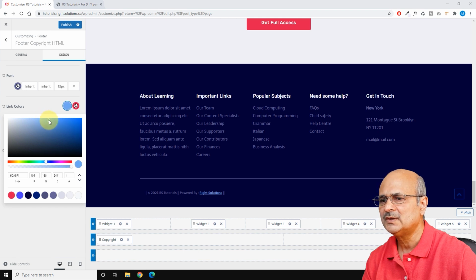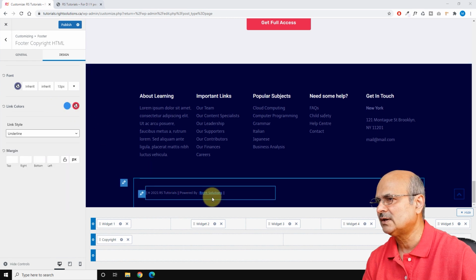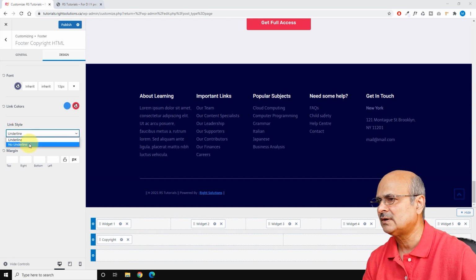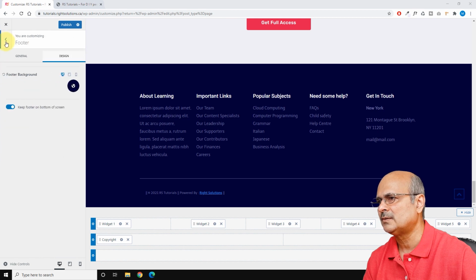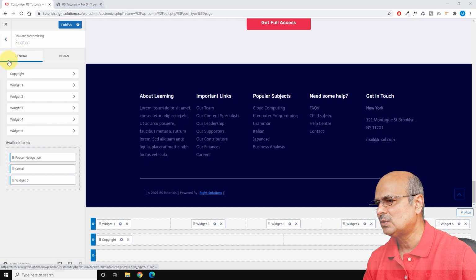So we don't want it to be very dull, and we don't want it to be very bright. So the link color, if you want, you can change it, the hover color, I mean, and then you can change the style if you want to keep it without underline. You can leave it underlined if you want it, and you can change the margins if you want. And now let's go back again, and if you want to keep the footer on the bottom of the screen, let it be selected here. So let's go back again to the general tab,